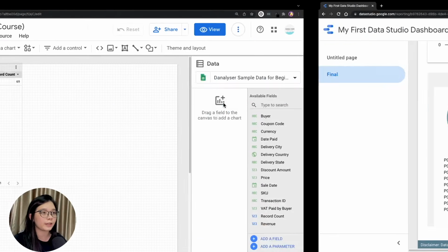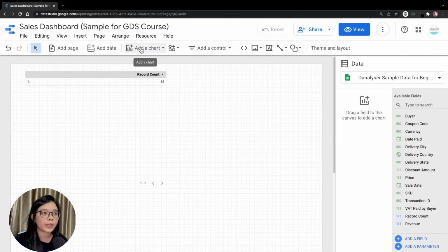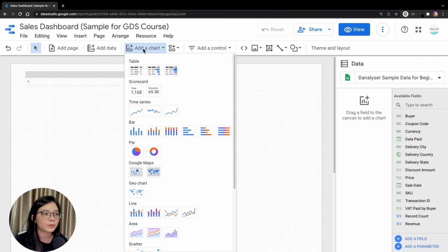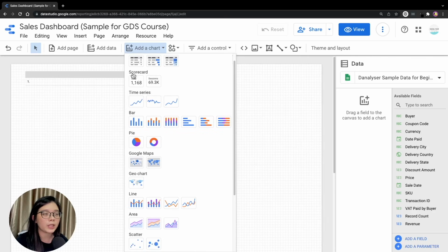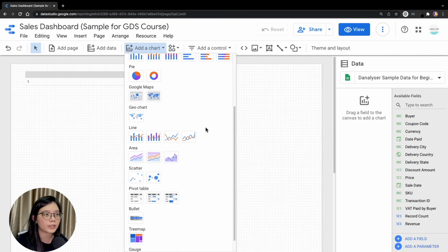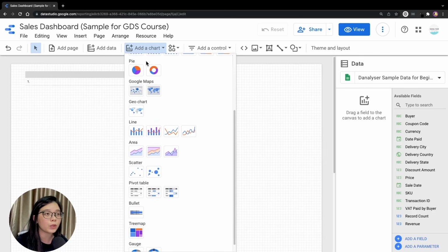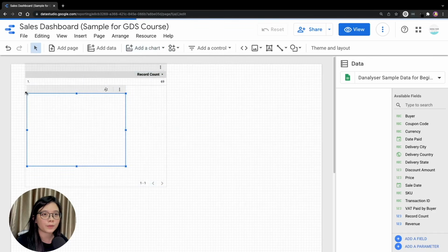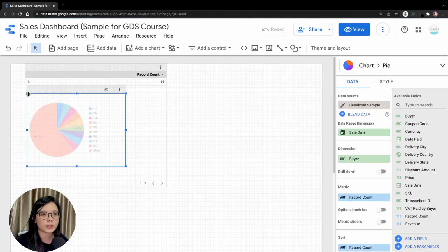To add a chart, let's go back to our report. You can click on this Add a Chart button at the top of the window. Click on that and select the pie chart. Here you can find all kinds of charts that you can insert in Data Studio, but for our example here, we'll just select pie chart, which is the first one under pie. So what you can do is you just click on this blank canvas and it will help you to